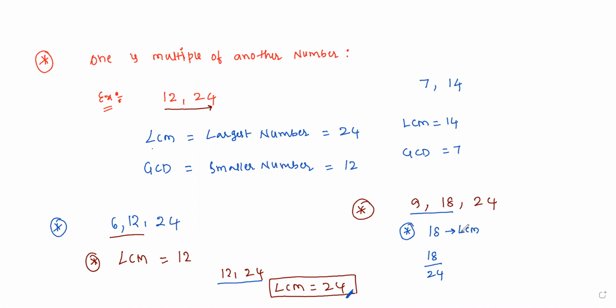But in this case, 18 and 24 are not in the multiple relation. So they are not multiples of each other. So we can take the simplest form, 3 times and 4 times. So the LCM here becomes, this is the easiest one, 72. So 72 becomes our LCM. So that means when we have multiples, we can ignore those numbers, and how we can use this concept in our school method, let me show you now.